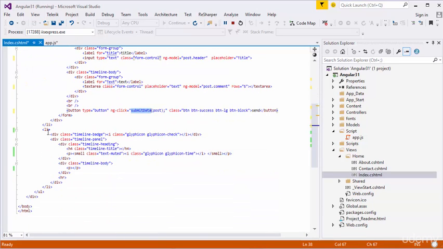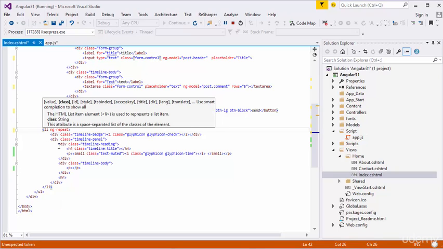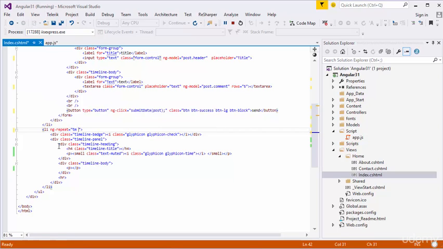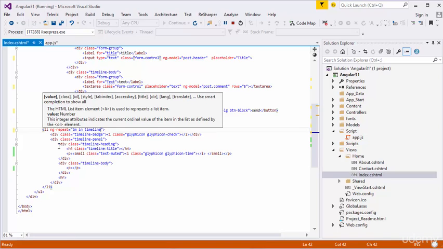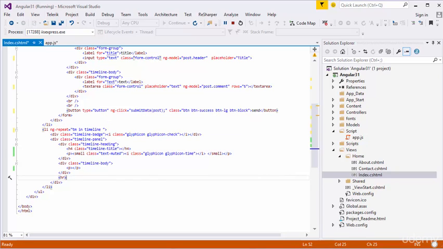I'll go to the display area. I have li to display this timeline, and I'm going to use ng repeat, right? And I just use tm in timeline, right? I just used tm for a timeline object. I'm going to display this timeline,